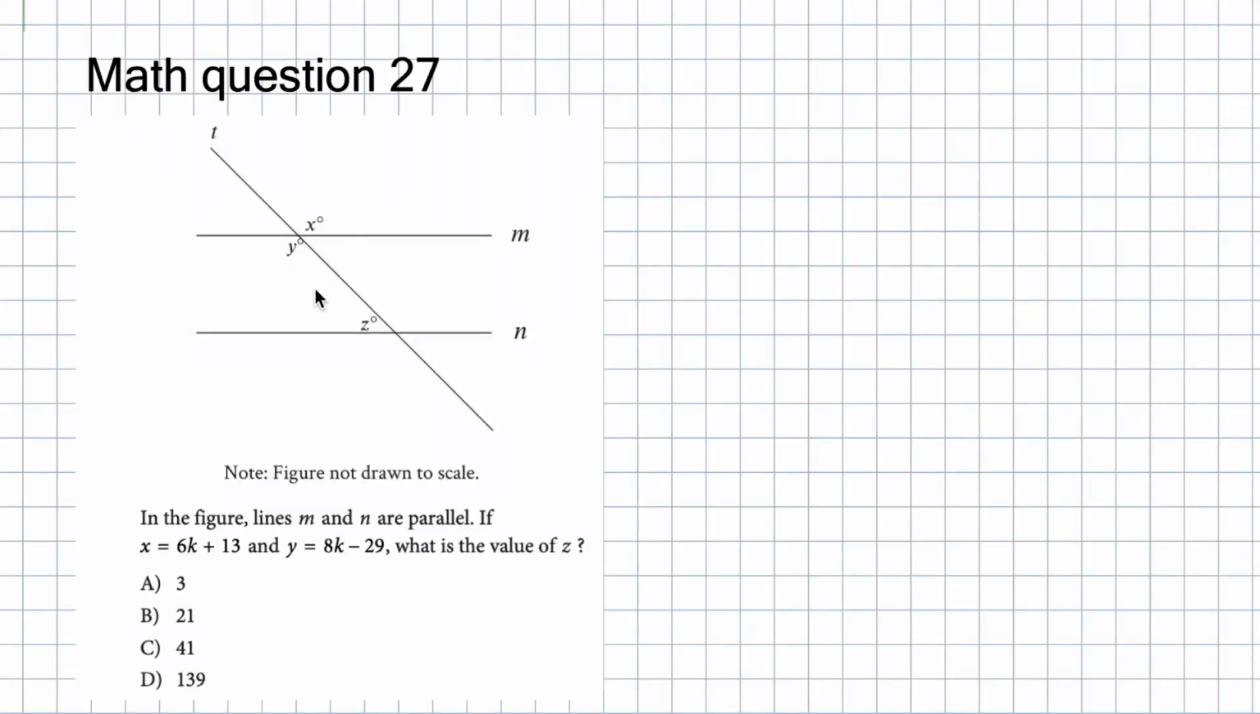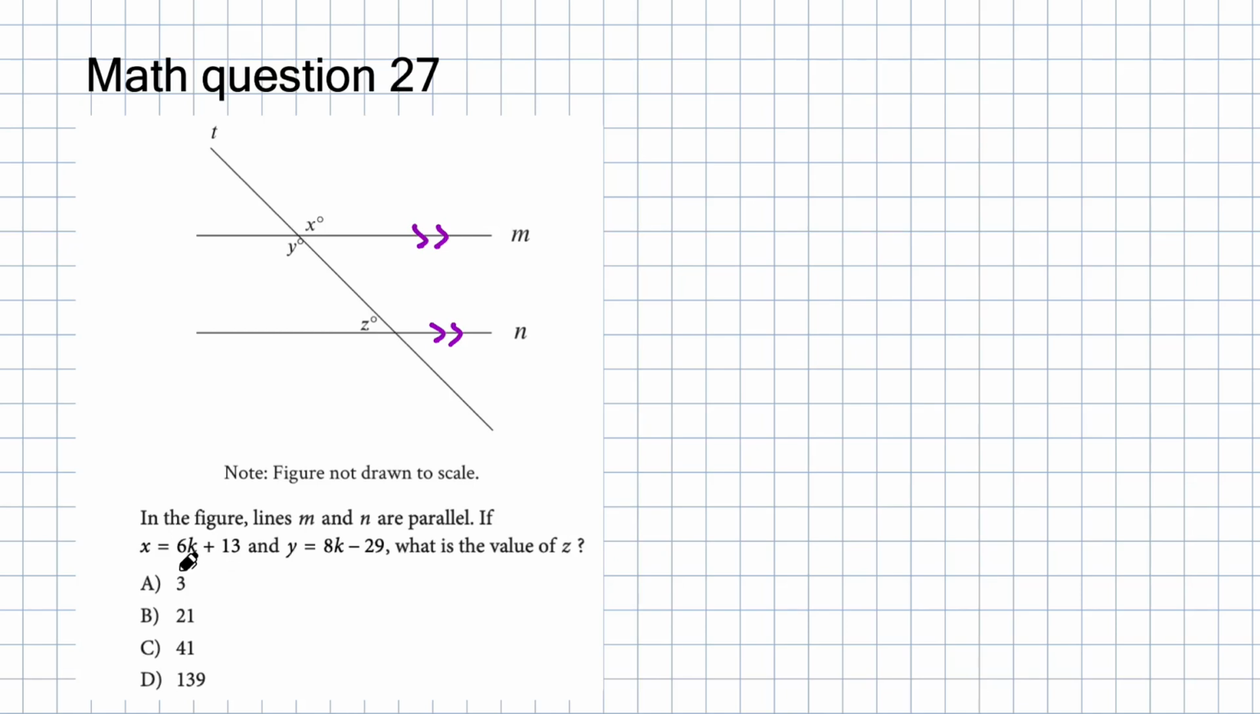Question number 27 is from parallel lines. In the figure, line M and N are parallel. Okay, so that means this line is parallel to this line. This is the symbol for parallel lines. If in your question you see this symbol, that means it's trying to tell you that these two lines are